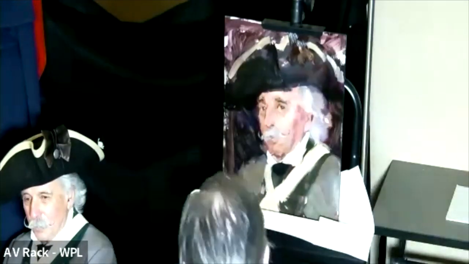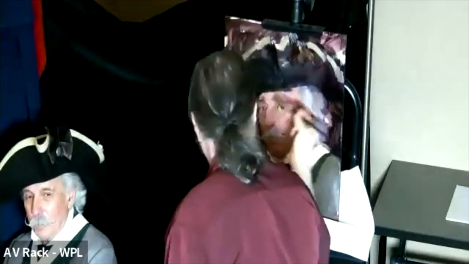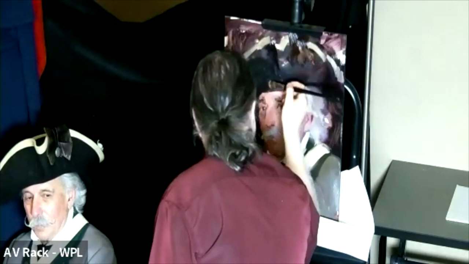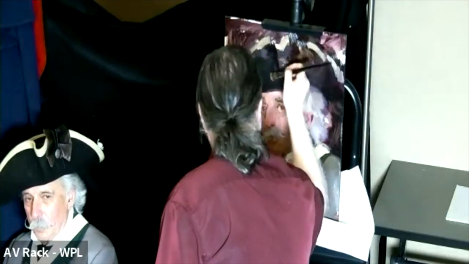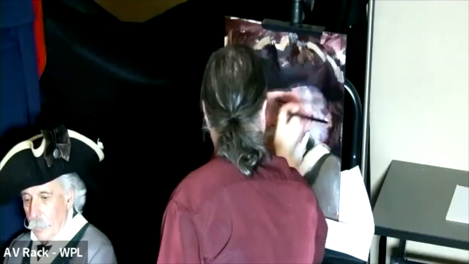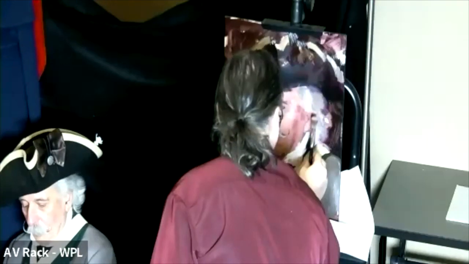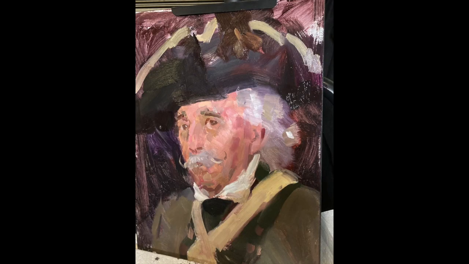Said about glare. I got a little too much on this. This is just a dry, clean brush. I just want to knock down some of that glare from that center part. There. Okay, that's it. And I didn't get any paint on me.